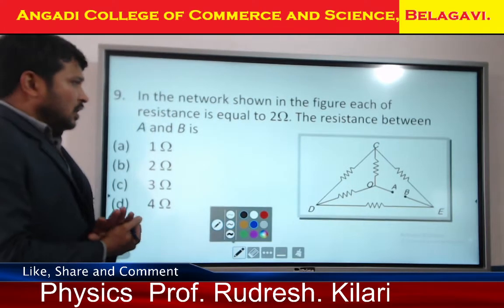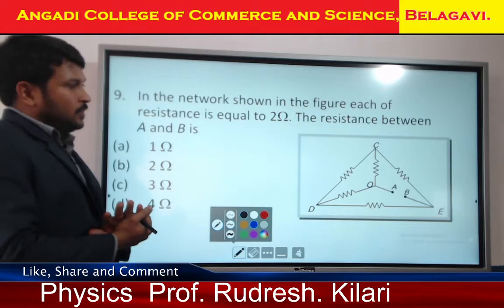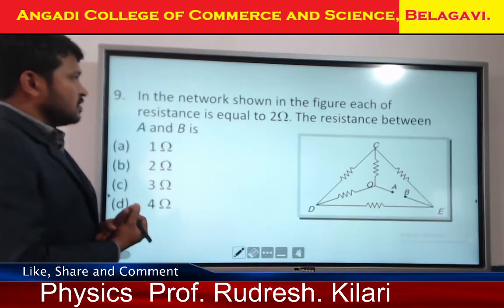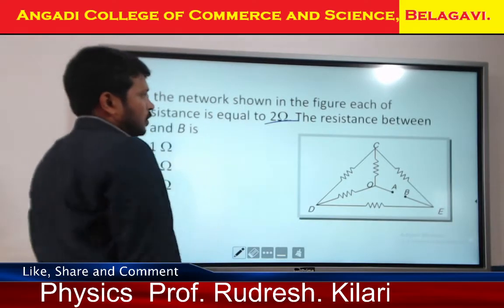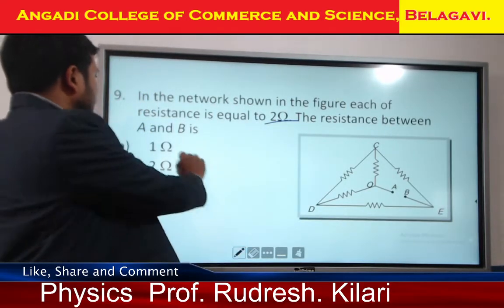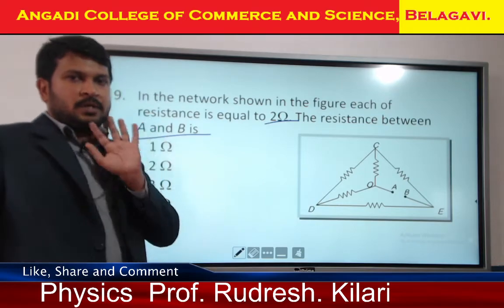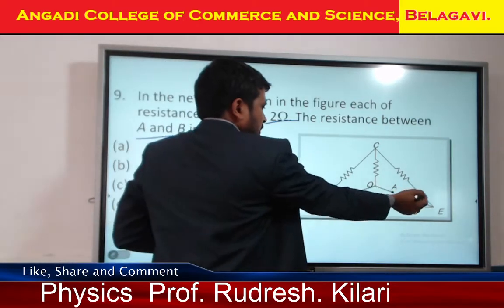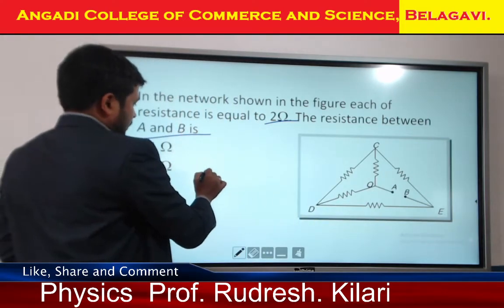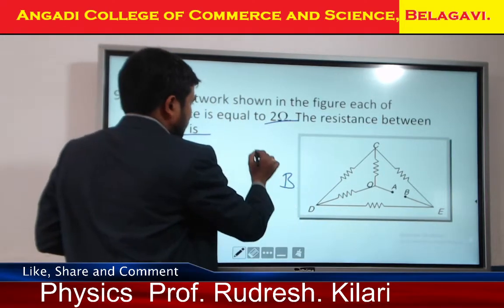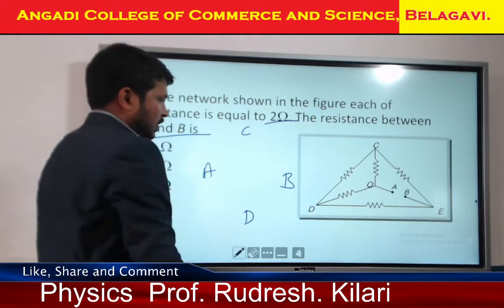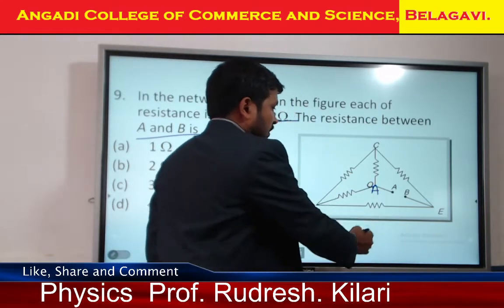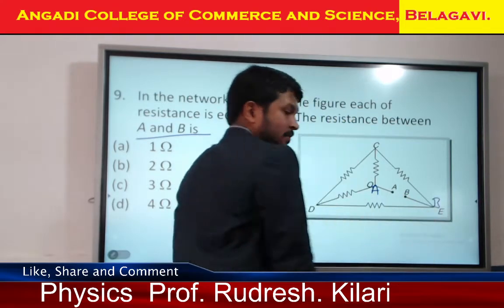Okay. The given circuit, the network shown in the figure, each resistance is 2 ohm. How much is the resistance between ends A and B? Again, the simplest method, we need to use a Wheatstone bridge. This is A, B. Now I will mark A, B, C, D. Okay, students. First one, this is nothing but A. This E is nothing but B. Okay.